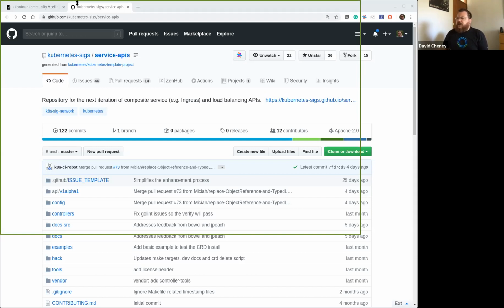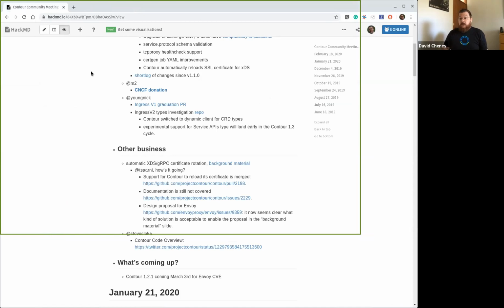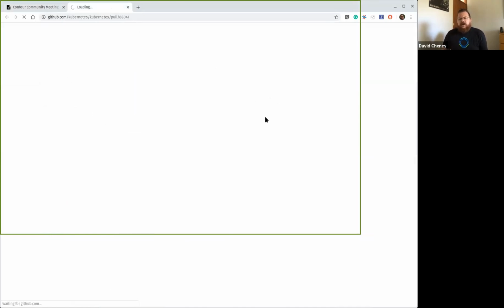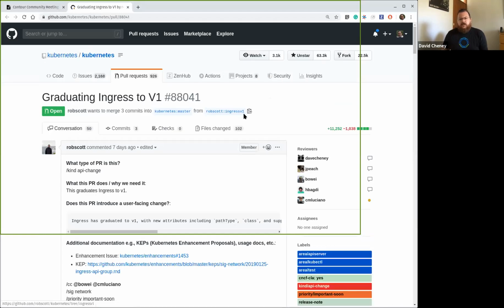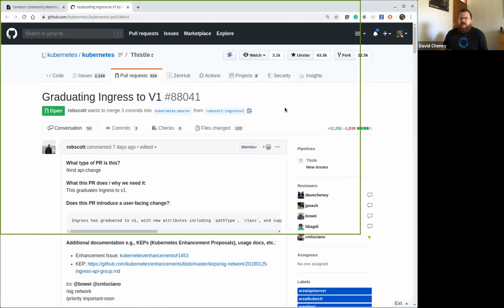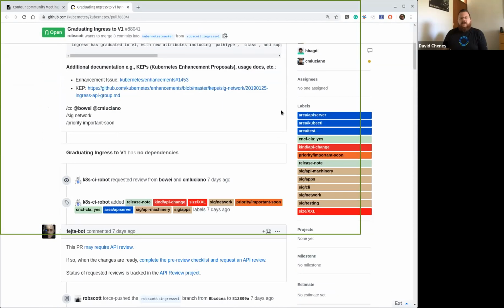Cool. Just for the PR voyeurs in the room, I put a link to the Ingress V1 graduation PR, which is not Ingress V2. Where are we in the Kubernetes cycle? They're closing in on 1.19, so I guess 1.20 or something like that is when that will actually happen. 1.18 is still coming, but this isn't going to land in 1.18. No, it'll be 1.19.